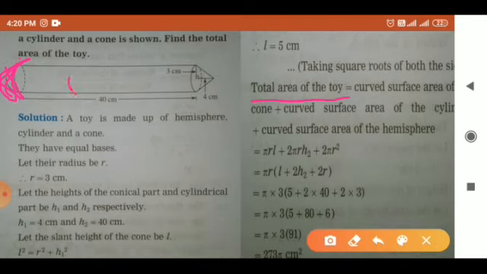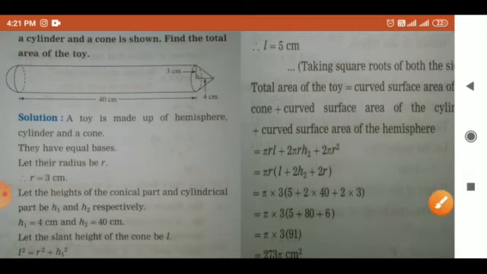For the cylinder also we are using only the curved part, and for the cone also we are using the curved part. If it is a solid, then its base, for example take the cone, the base is something that we are not able to see. We see only the curved part for the cylinder and for the hemisphere also. So though we have to find out the total surface area, here we will find out the curved areas, we will add all the three curved surface areas. So curved surface area of